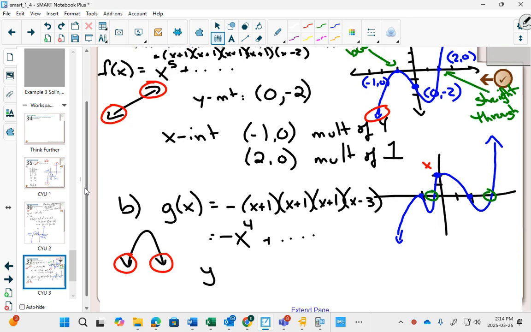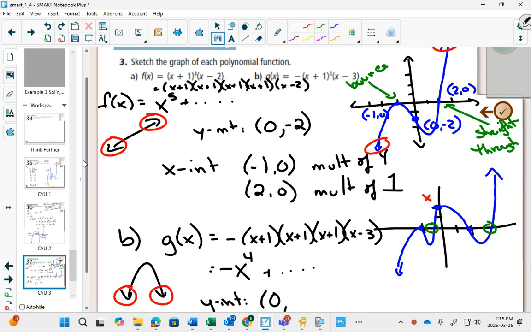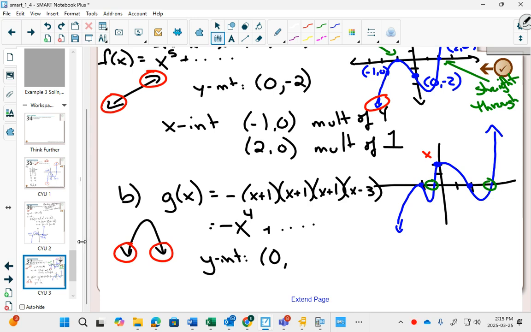My y-intercept, again, since it's already factored, we have to do a little bit of math. Okay? This is going to be a negative. If I plug in 0 for x, this first thing, maybe I even show that. It's not bad. I can do it in mental math, but if I plugged in